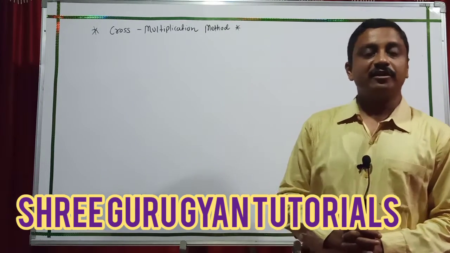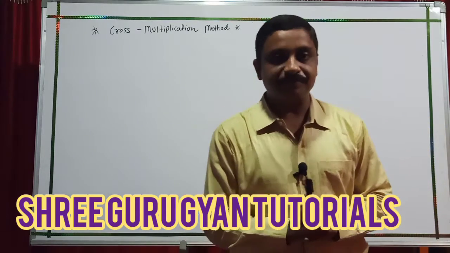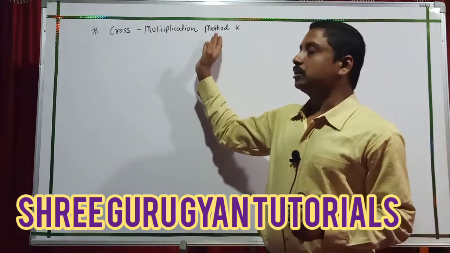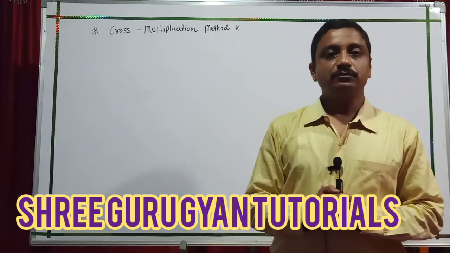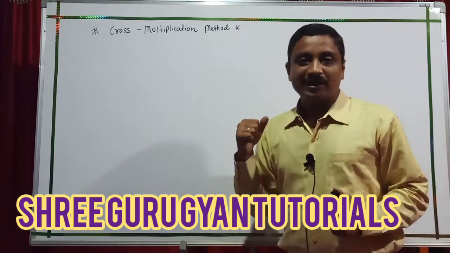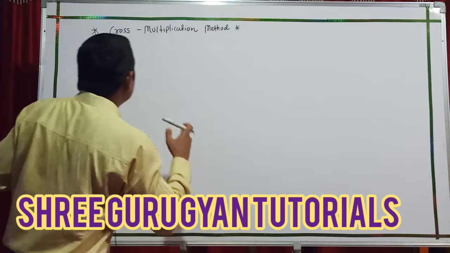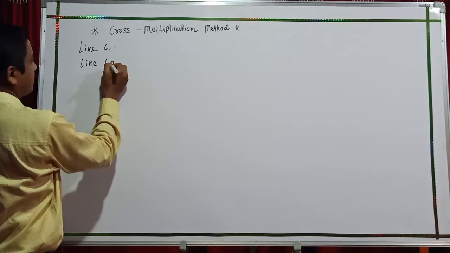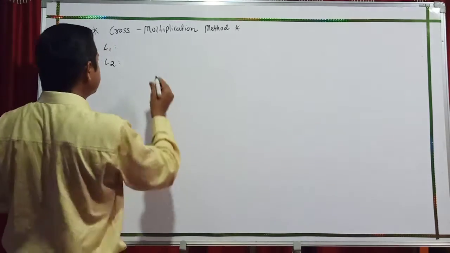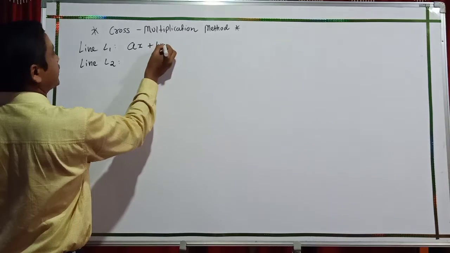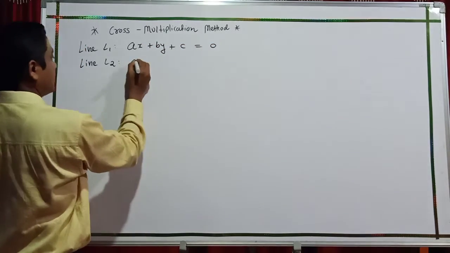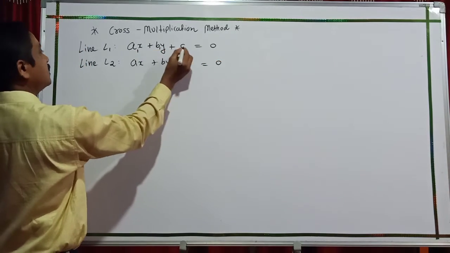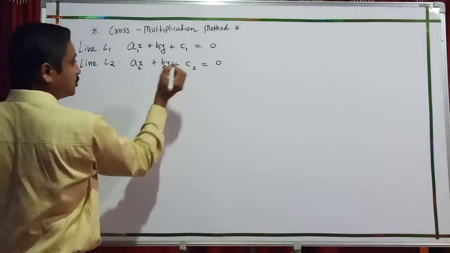Now students, after that our substitution method is completed and elimination method is completed. Now I go to the third method. It is the cross multiplication method. Yes students, cross multiplication method. One by one I will show what it indicates. First of all, our line L1 and line L2 assumptions. It is a standard equation, ax plus by plus c, ax plus by plus c. Here taking a1, b1, c1, a2, b2, c2.